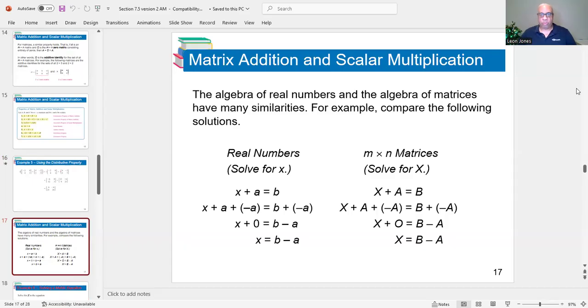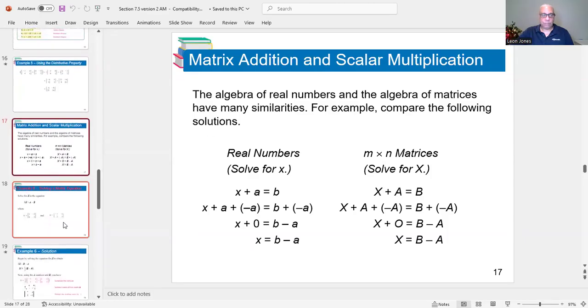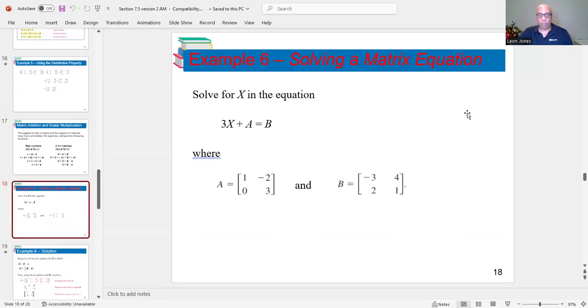Okay, real numbers, solve for x. Well, x plus a equals b. So how do I find x? Well, just like algebra, you want to subtract a from both sides. And then solve for x, x equals b minus a. Now for matrices, solve for x. It's the same way. Solve for x